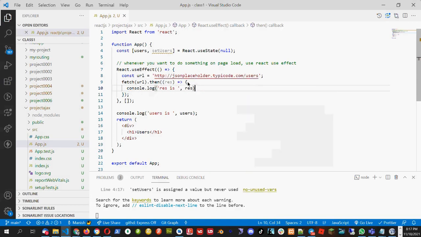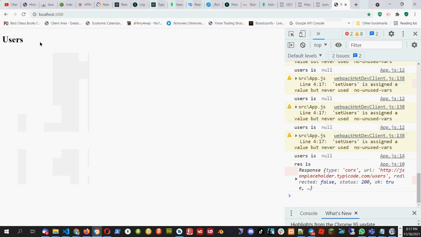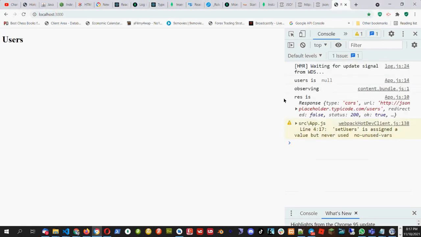So we'll call this URL and we'll see what it is coming in this .then. Fetch is a promise, so we will call using then so that we can get data from the fetch. So if I refresh it,